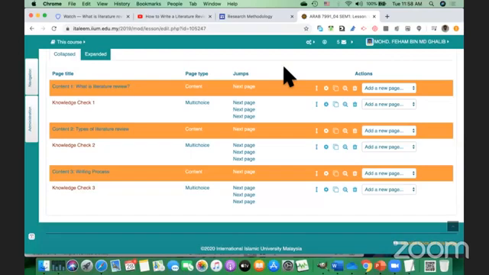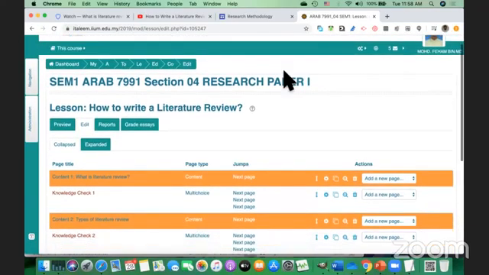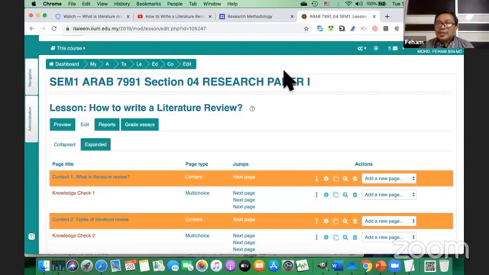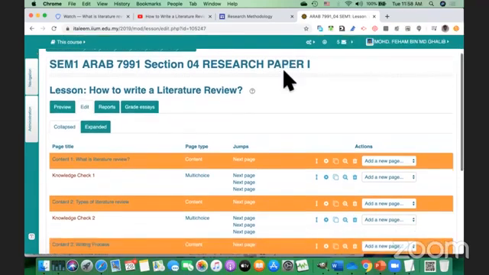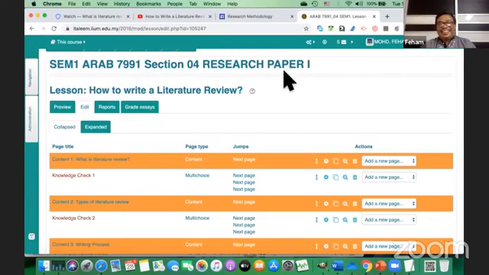Can we use this lesson to give lecture and knowledge checks, but without grading? So can we just have the content without grading? Yes, just put it not graded.